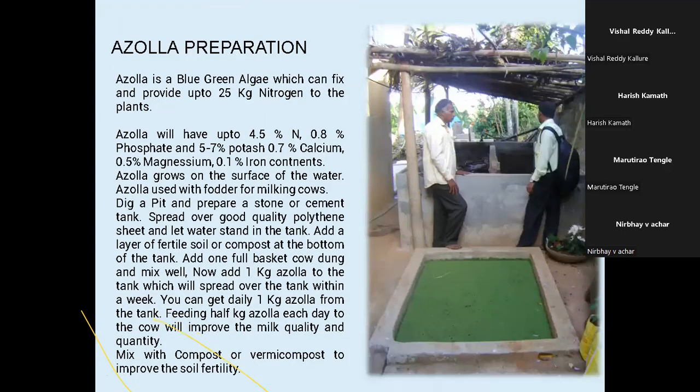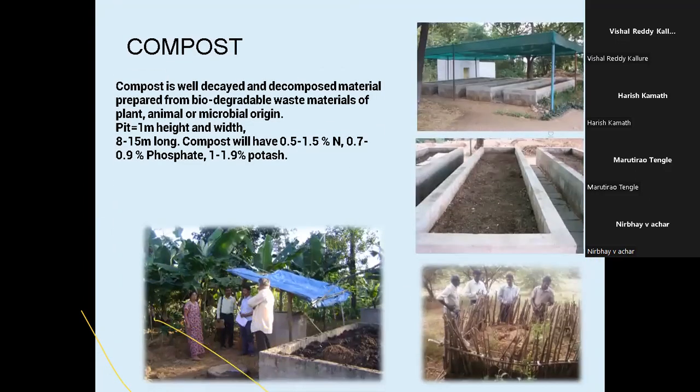So next is compost, the improved form of farmyard manure. I think you are very well aware of it. The compost is prepared from the same farmyard manure, whatever is available. They will fill it in layer by layer. The complex material is at the bottom layer, then the easy to degrade material in the middle layer. Then they will add a layer of cow dung, and one layer of fertile soil, and they will cover it with some soil for protection.